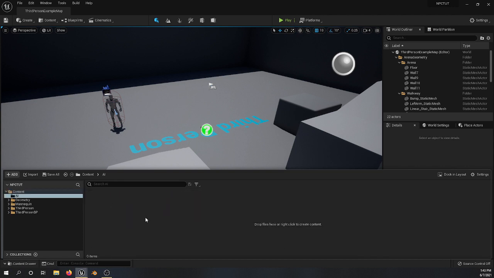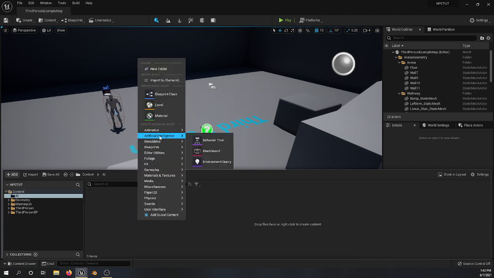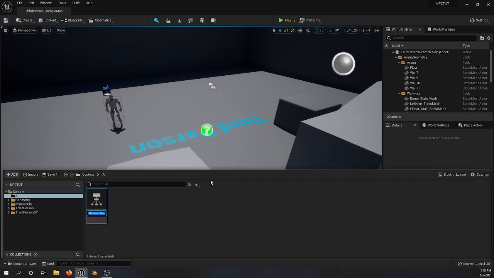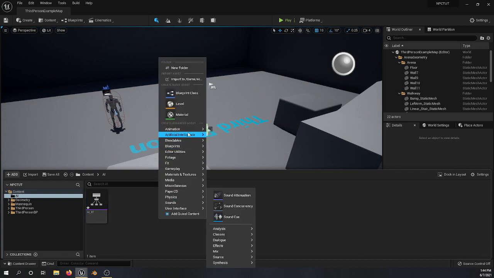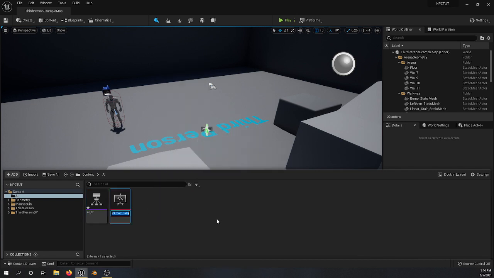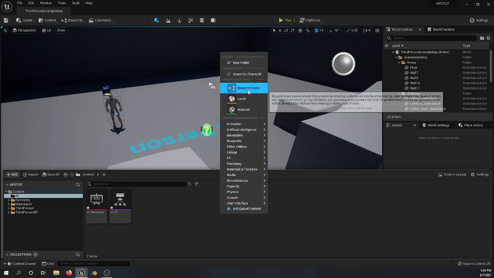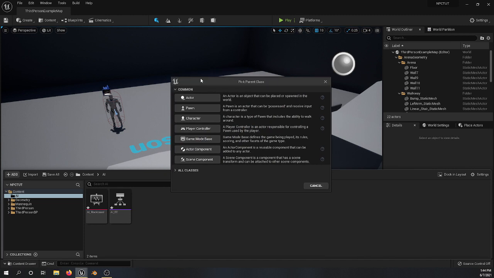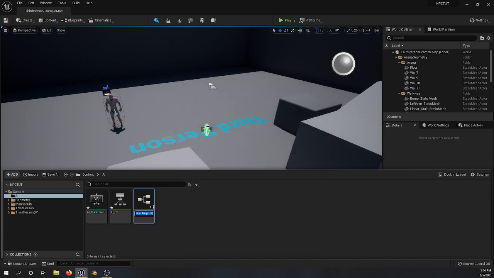Now in this AI folder, you're going to go to artificial intelligence and then behavior tree. It's going to be AI underscore BP, but let's do BT, behavior tree. And after that, you go to artificial intelligence and Blackboard, then do AI Blackboard. Now you're going to create a blueprint class, and then just select character, and then just name this AI